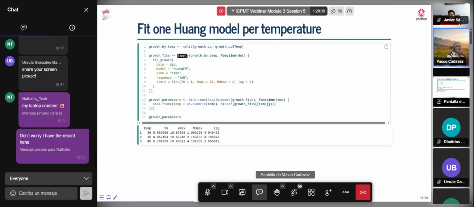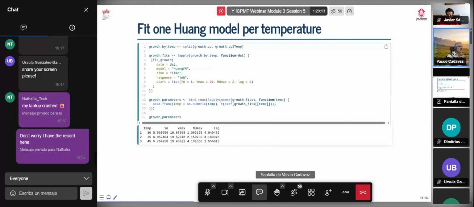I will use this lapply function. This lapply function allows me to apply a specific function to a vector or to a list. So you can use this and join this lapply to the fit grow. This fit grow belongs to the PredmicroR, but this lapply is a general function from R. Okay, so in fact I'm just trying to do this in one step to get all the three curves fitted